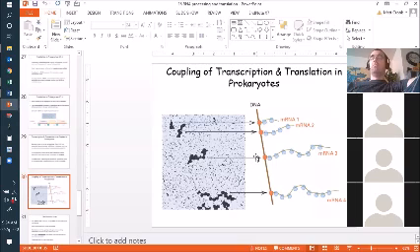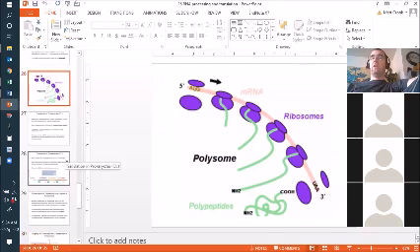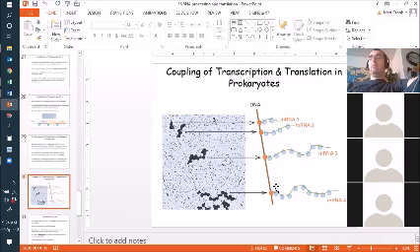So essentially, because prokaryotes don't have a nucleus, as soon as that mRNA starts being transcribed and the initiation site, the Shine-Dalgarno site, becomes available, a ribosome can bind to it and start translating it. So they have polysomes like we saw up here, as we do in eukaryotes. But they can make that protein while the mRNA is still being produced. So they're very tightly coupled. As soon as the mRNA emerges from the RNA polymerase, ribosomes can bind to it and start producing protein, right? So it's a really